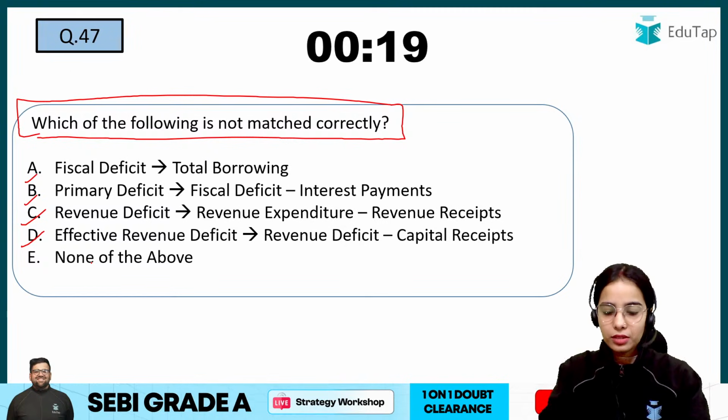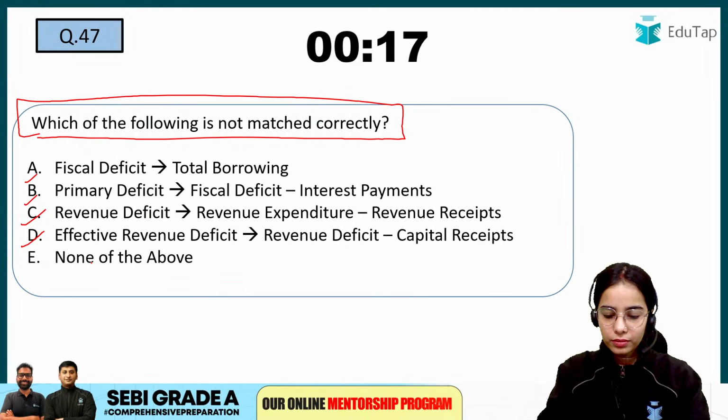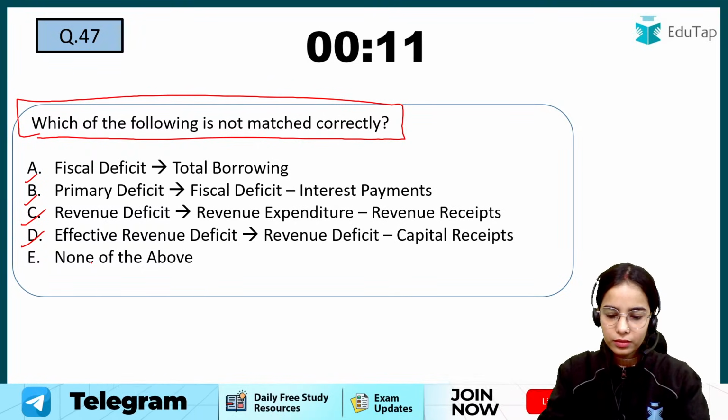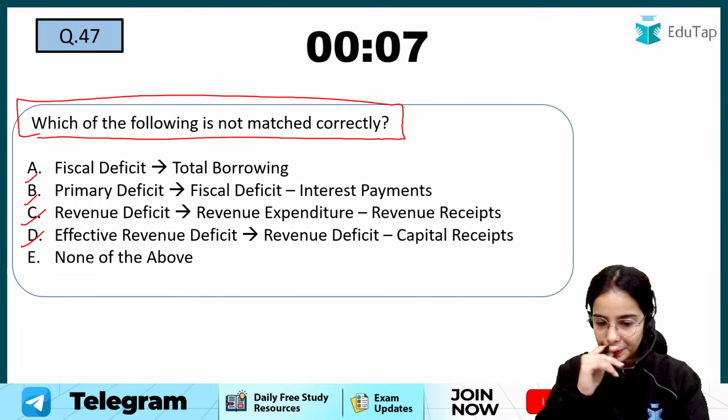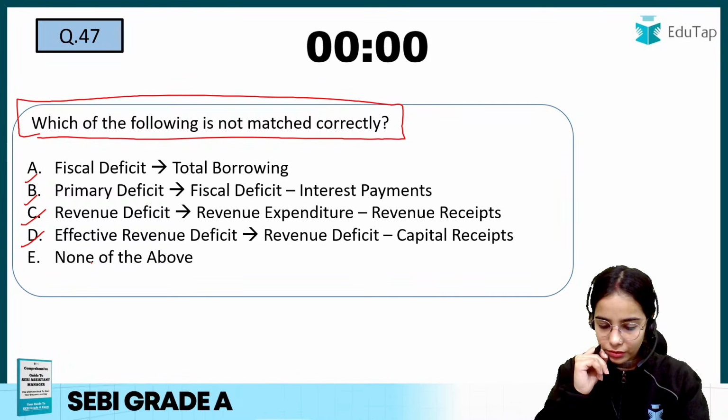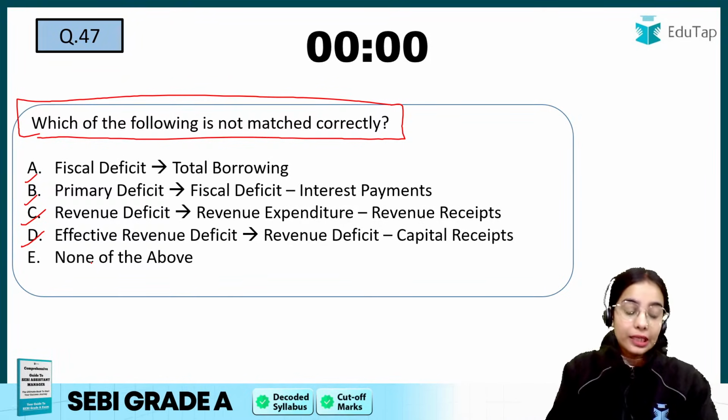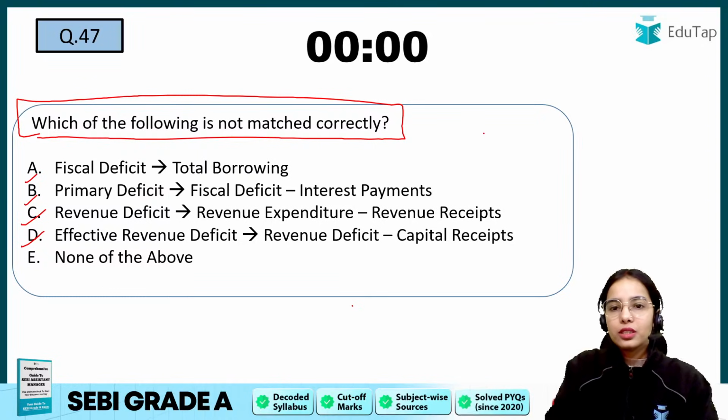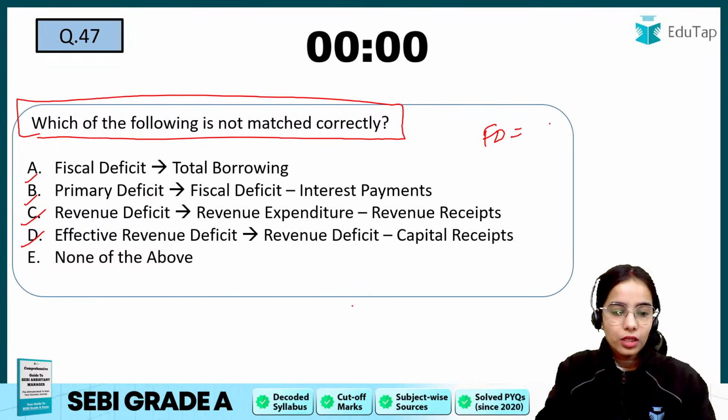Okay, try to answer this. So which of the following is the answer? Okay, I'm getting the answer A. So the fiscal deficit, it has the formula, that is